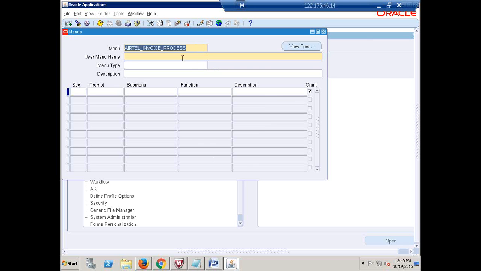The user menu name is the only name you can see in the LOV for the responsibility creation type. I'm taking the same. This name you cannot see there; this name only you can see. Better you take the same name here and here, then that will be easy for you. Then